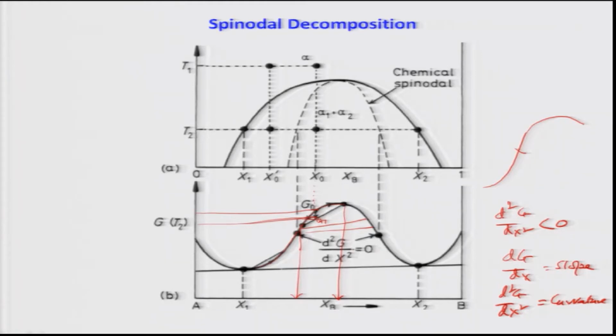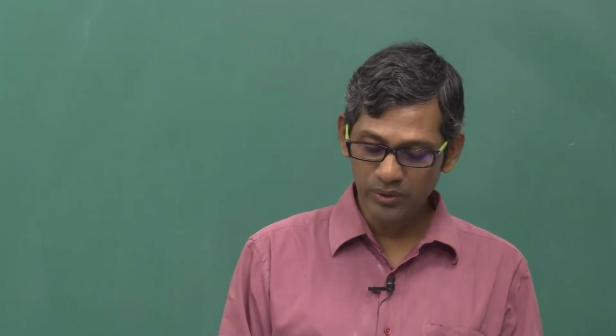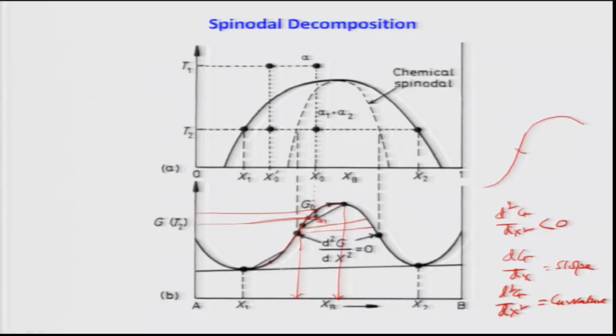So, this decomposition which is happening spontaneously, leading to two phases, A rich and B rich, can easily happen without even the requirement of nucleation. This is something which is not easy to understand. This is a spontaneous process, does not require any nucleation, and so corresponding to these points we can draw another